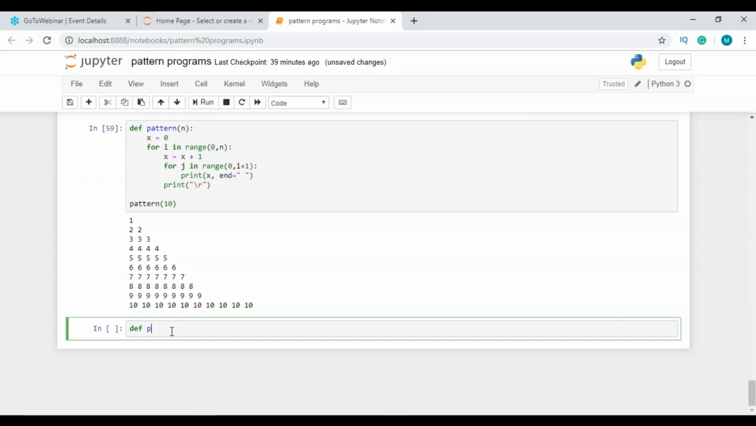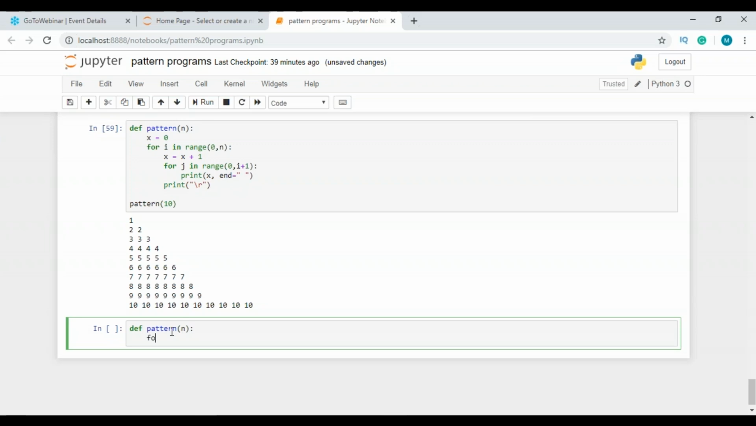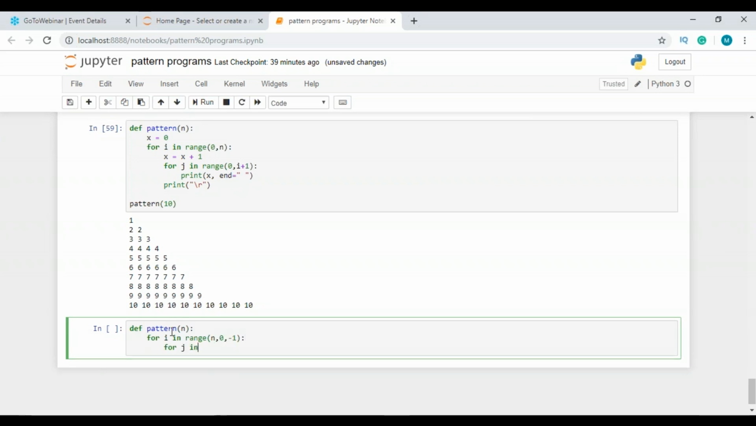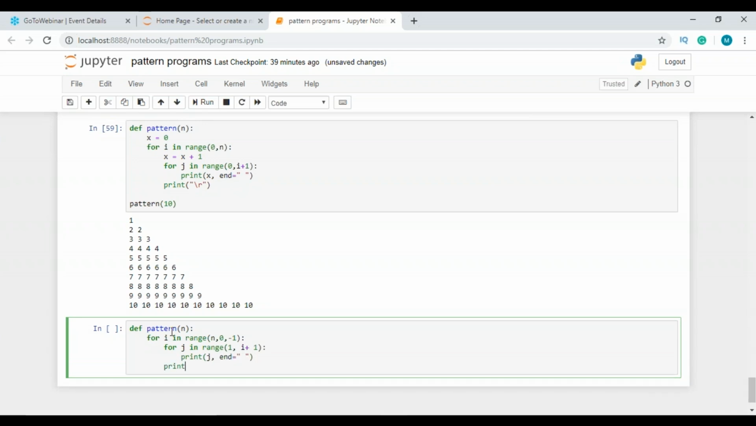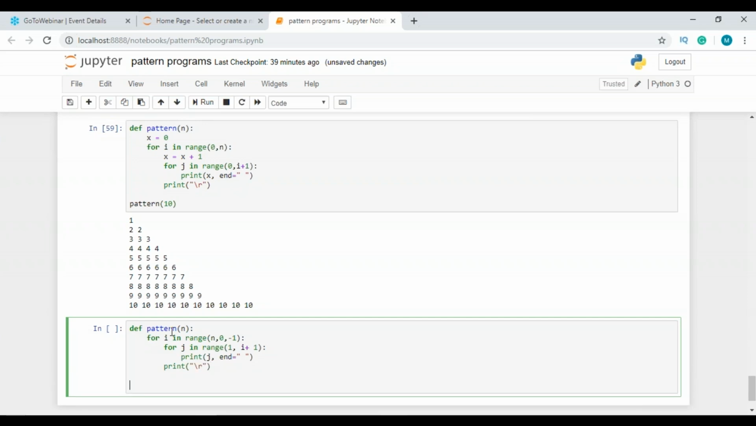So it's very easy, guys. I'll just make one function with the same approach, and for i in range, I'm going to take the range as n, 0 and -1. And again for j in range 1, and I'm going to take i plus 1 again. I'm going to print j and end it with space, print \r, call my pattern function, specify 5 over here,